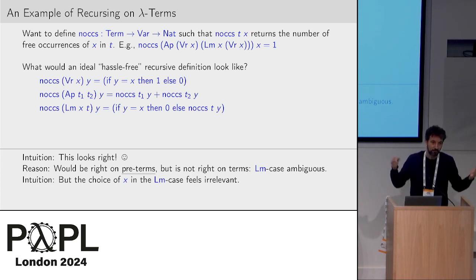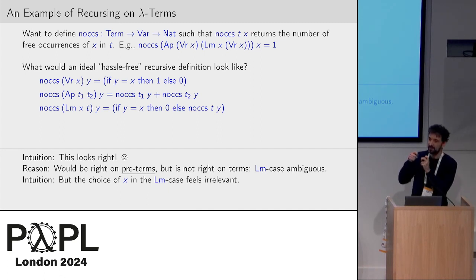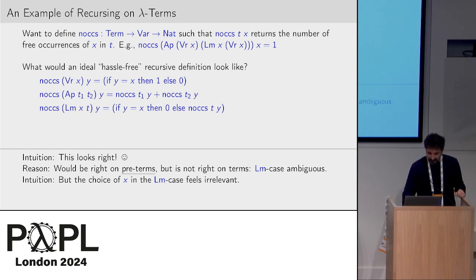if we are pedantic, and we should be when we formalize, the choice of the variable x may influence the definition. So we are not sure that this choice is completely irrelevant. But the intuition still says, well, it feels irrelevant. It feels like this is still the right definition. But this is not trivial. For example, that particular choice of the variable x in the lambda case, when we consider the abstraction, that is explicitly tested for equality with the variable y. So it is not absolutely trivial that the choice of the variable does not matter.